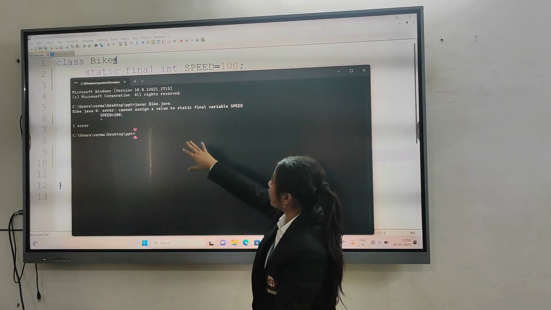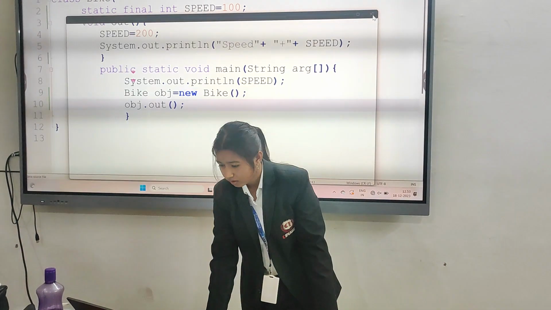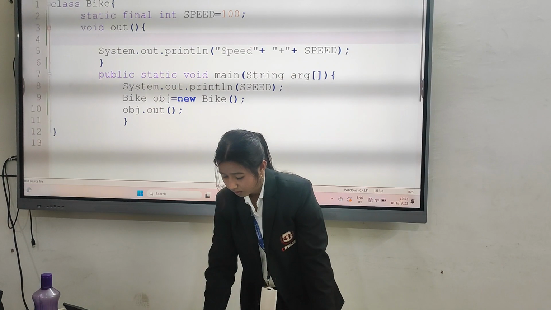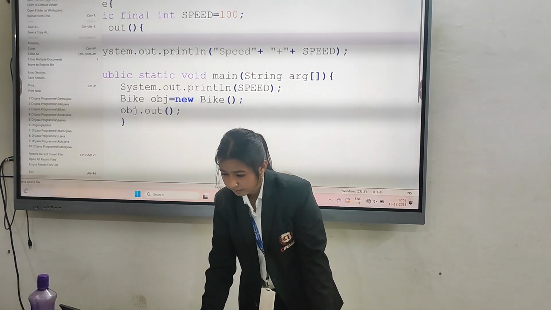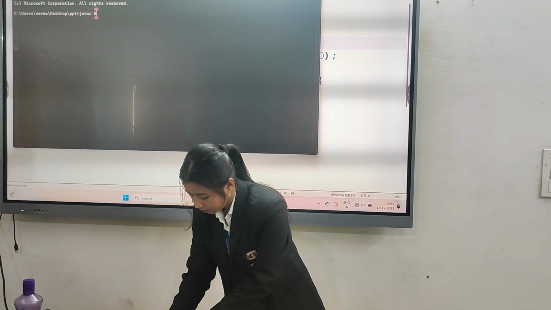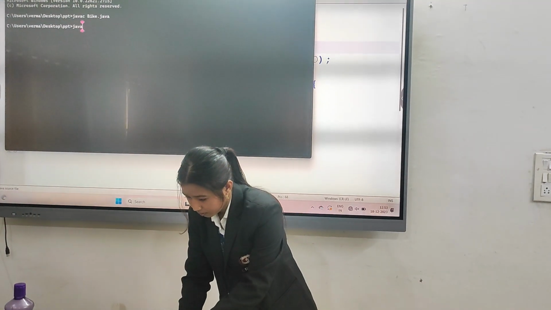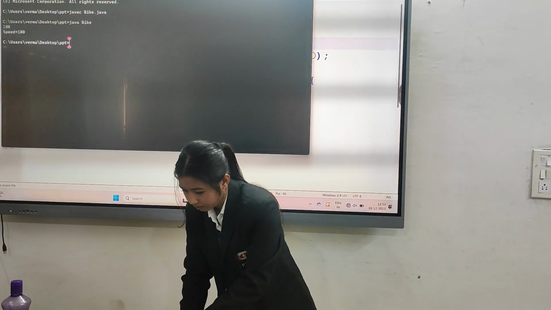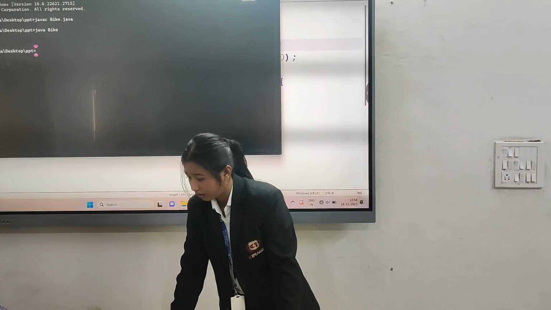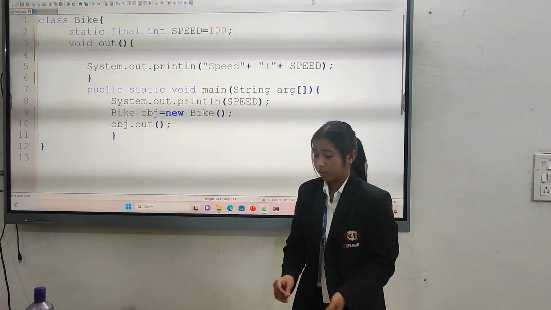It will give the error that we can't reassign the value if we make the variable constant. It runs successfully at speed 100 because I first declared 100. So basically this is how we declare a constant value in Java.